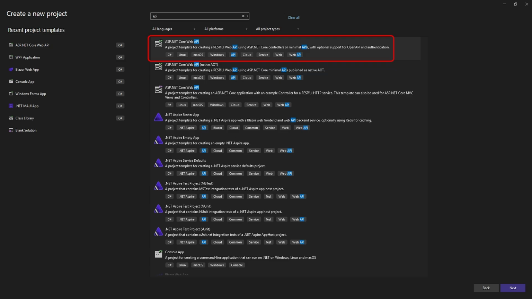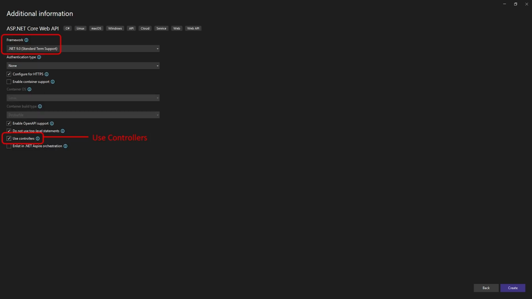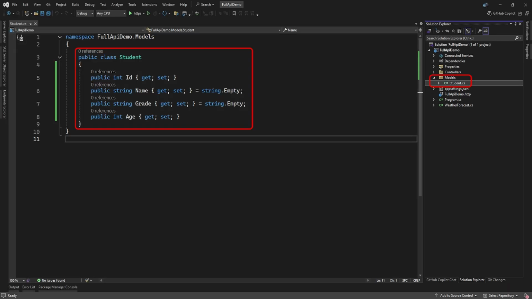We'll create an ASP.NET Core Web API project. Select the .NET 9 framework and tick Use Controllers. As you can see, the template has already got a controllers folder with a sample weather forecast controller. We'll get to the controller in a moment, but first, we need to set up the rest of the API